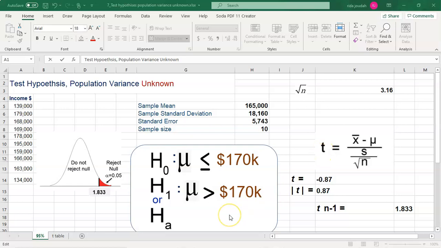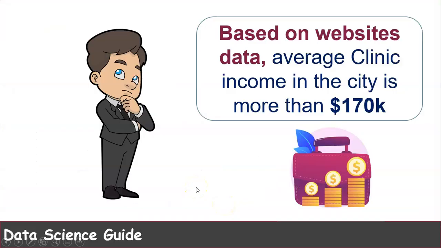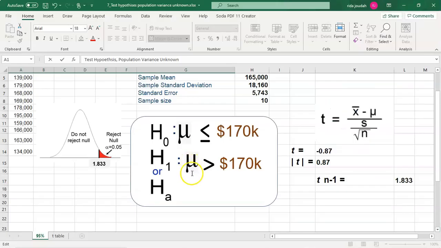And in this case, we have a different hypothesis. We are going to use one-tail hypothesis. Based on website data, average clinic income in the city is more than $170,000. Average income for the population, or mu, is greater than $170,000. Based on that, the null hypothesis is the opposite. Mu is less than or equal